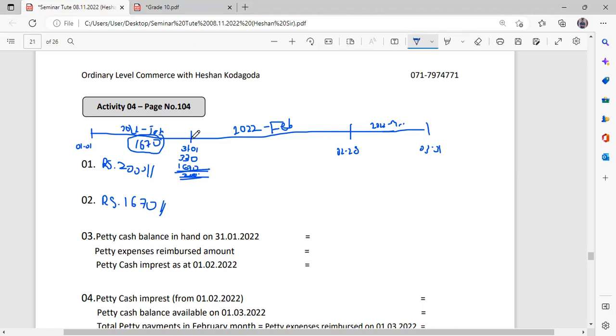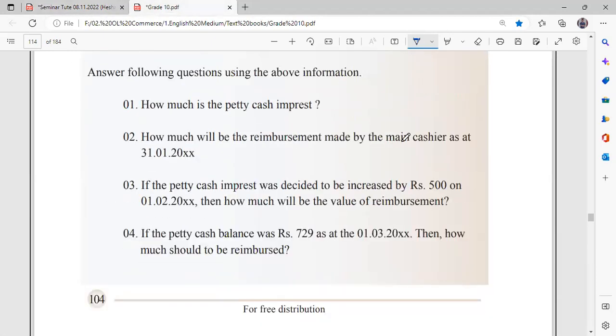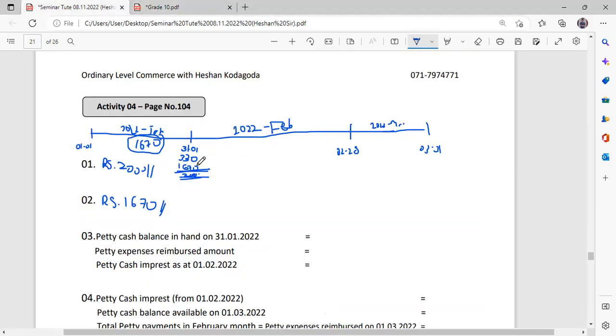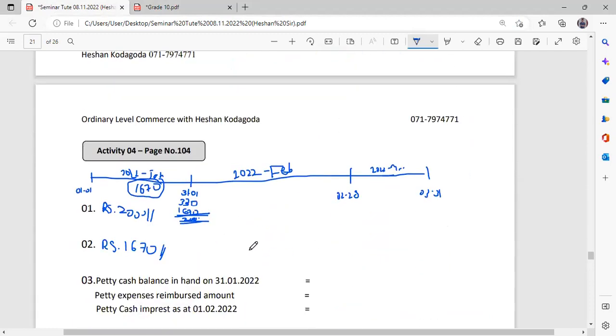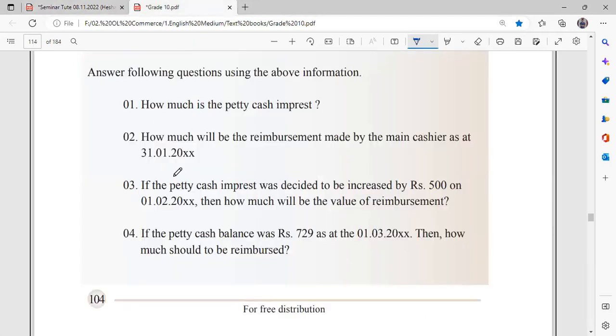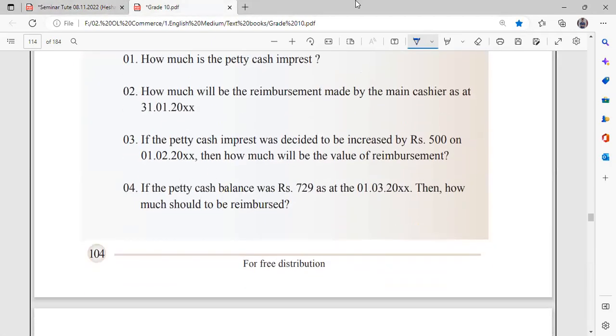The total amount which the petty cashier can obtain through the main cashier on 31st January is 1,670, which means within brackets you can write the total petty cash payments in the January month, right? So you can write it within brackets. Also within brackets you can write 1,670 plus 330. Okay, right. Now the other one: if the petty cash imprest was decided to increase by 500 on 1st February